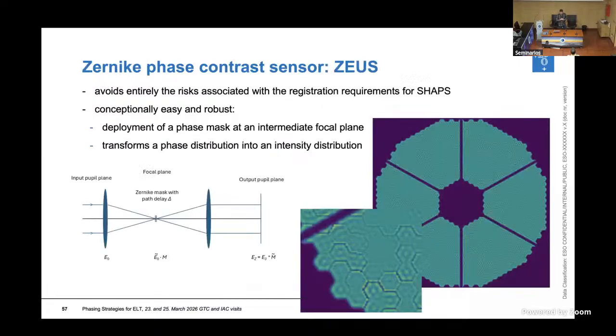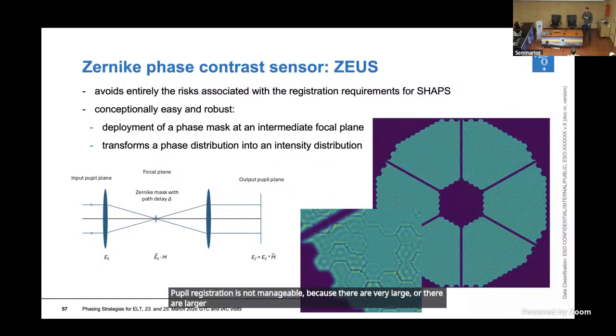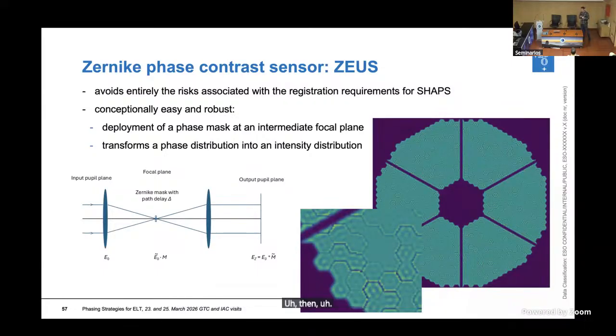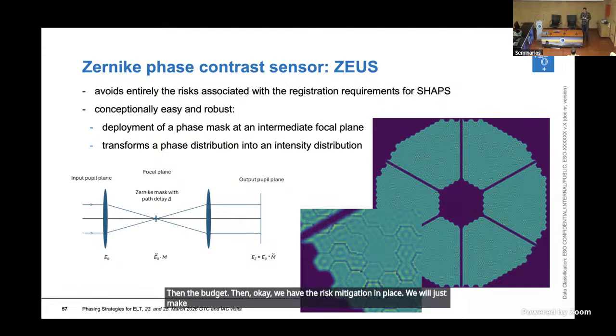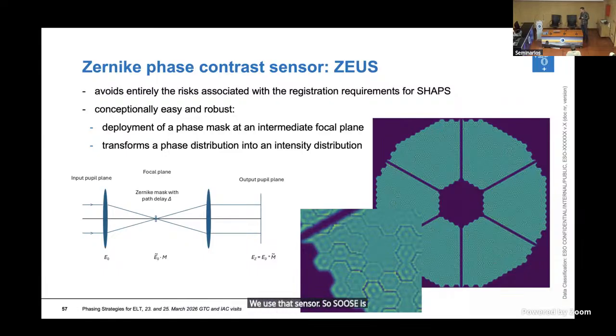One word about SUS. This is the very, very important plan B. If it turns out that the pupil registration is not manageable, because there are larger distortions than the budget allows, then okay, we have the risk mitigation in place. We will just make a new Lancet array, but in that time, and maybe before and after, we use that sensor. SUS stands for the Zernike phase contrast